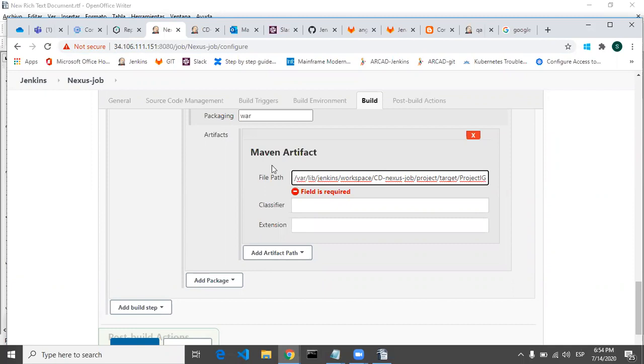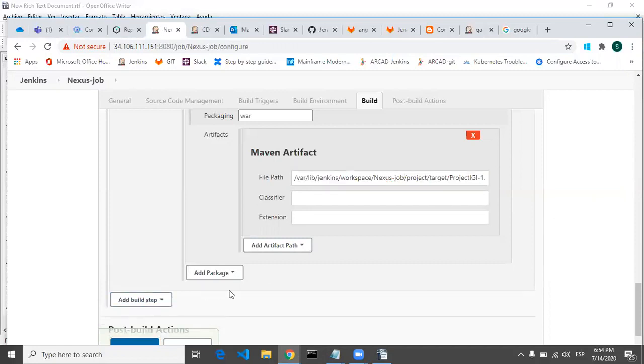Okay, so once the Jenkins job is triggered, then this is not the project name. The project name will be Nexus job. I will tell you how to get this complete path. Okay, so once you add the Maven artifact, so /var/lib/jenkins, this is the home of Jenkins in the Ubuntu server.